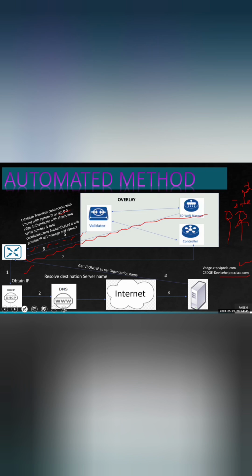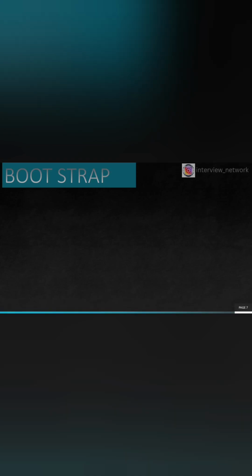edge box. The edge box will establish a permanent DTLS connection with your SD-WAN controller, whether vManage or vSmart. So this is the Bootstrap method. Now in this method, as we know, this method is only applicable for cEdge devices, that is Cisco edge devices. When we say Cisco edge devices, that means this method is quite a mix of automated